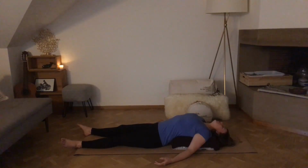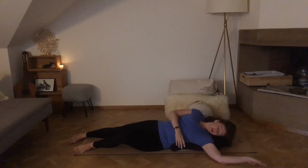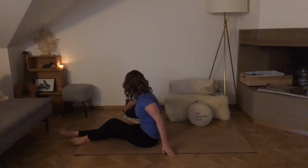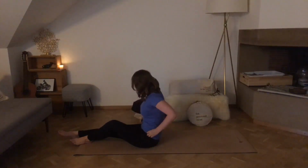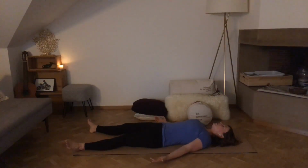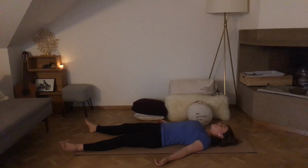Once again, gently bring some movement into your fingers. We're going to come into Shavasana now, so you can move into that however you'd like. You can gently roll to one side, slide the pillows out from underneath you, and then stretch out long, taking up space, feeling that openness in your heart, feeling the earth support you,